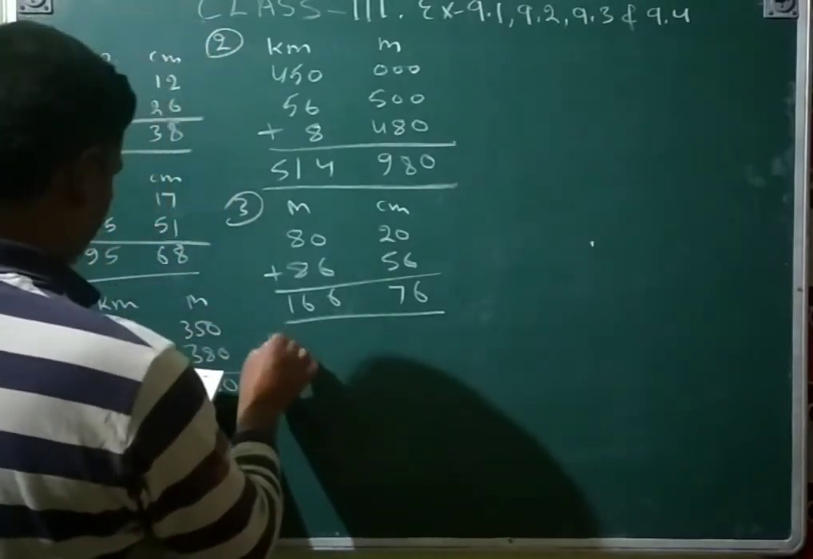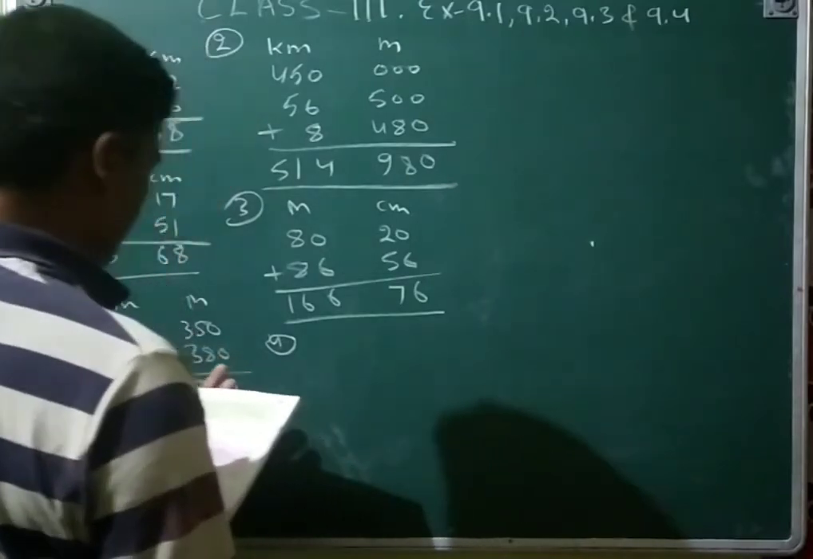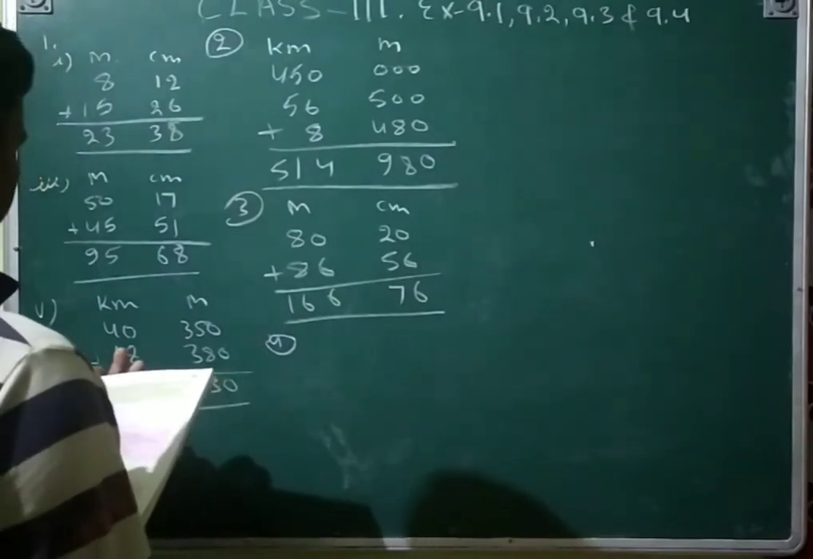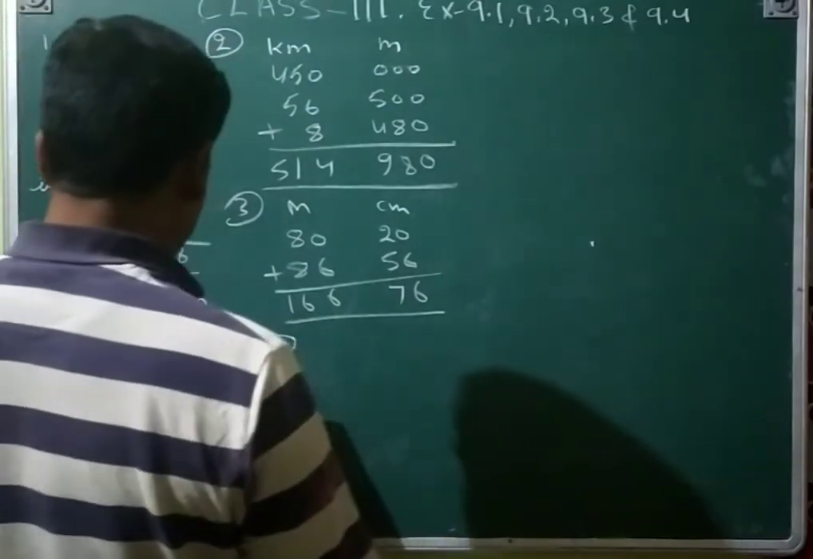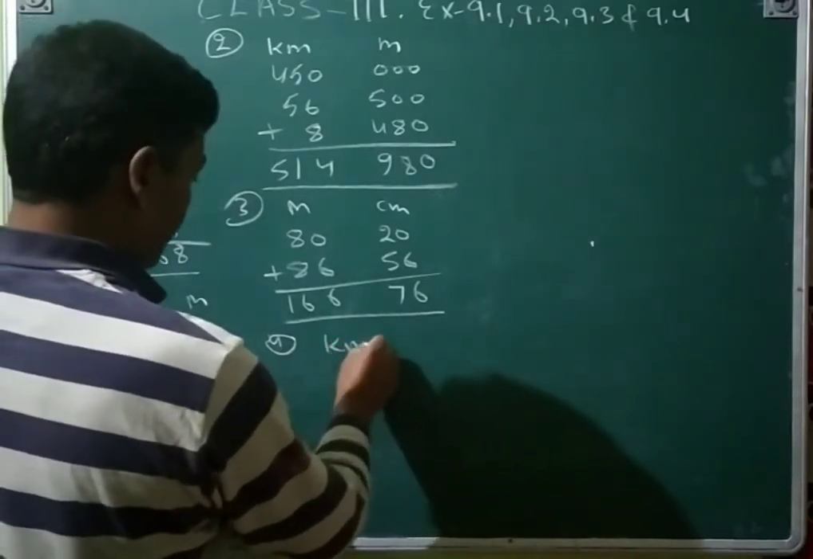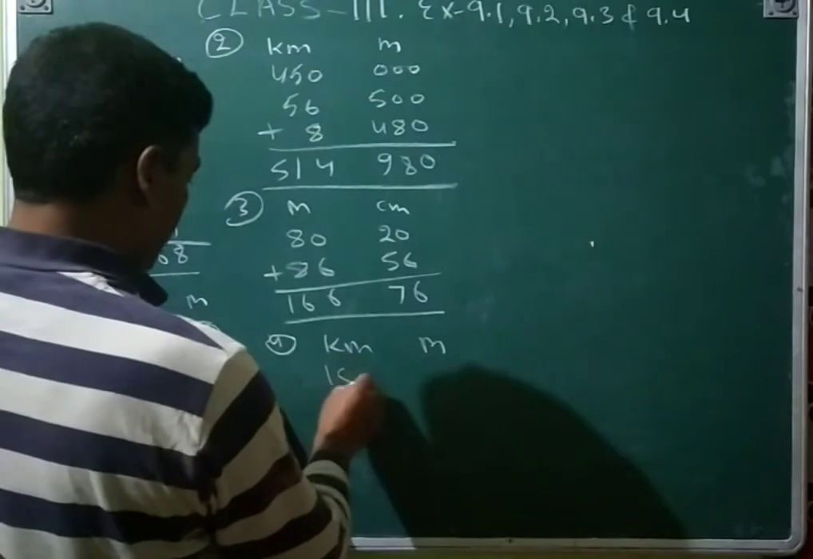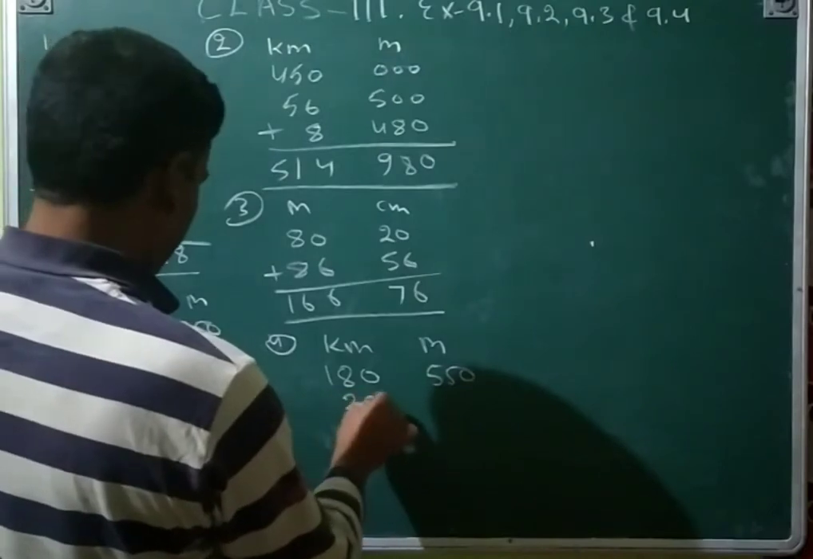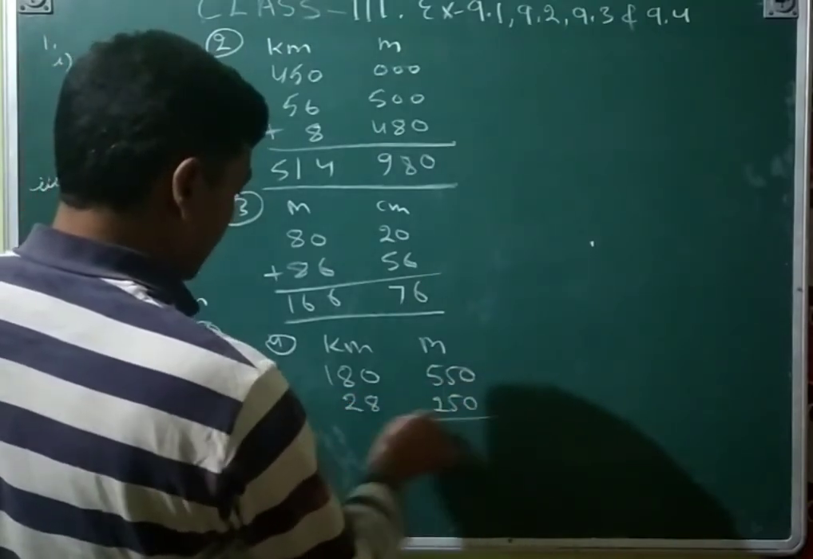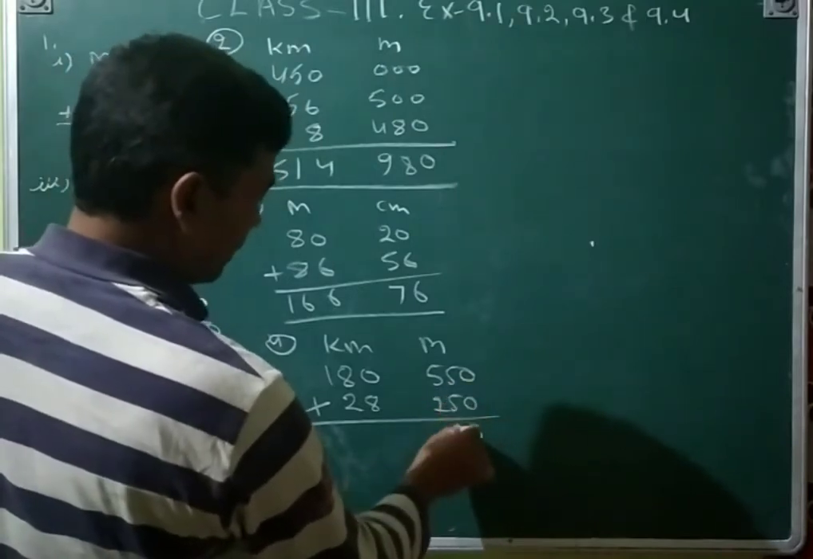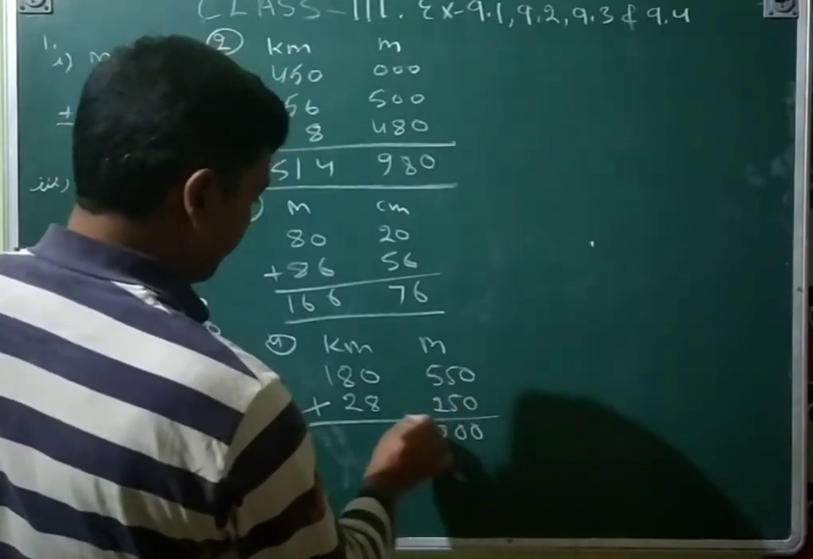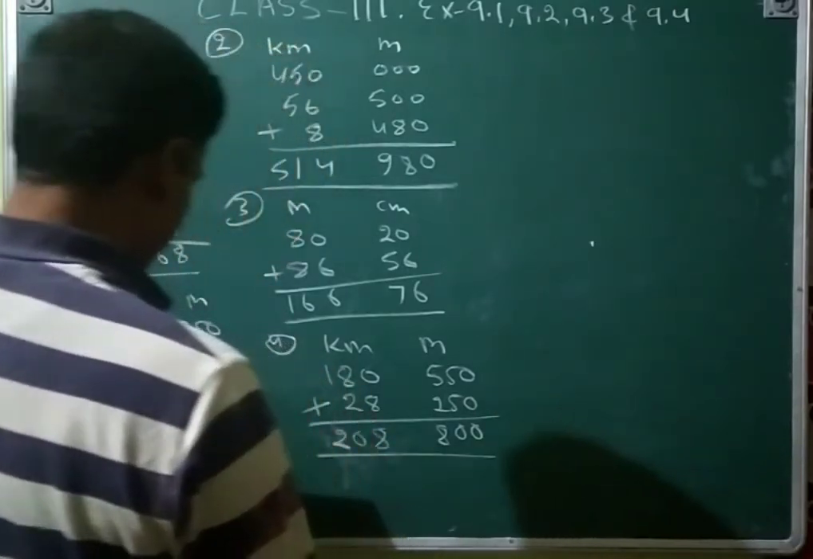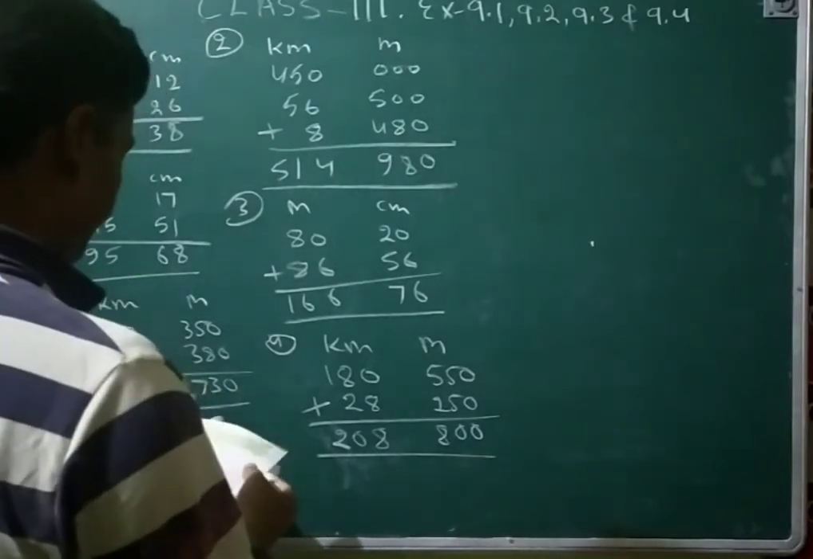centimeter. Fourth question, John covered a distance of 180 km 500 meter by train and then 28 km 250 meter by bus. How much distance did he cover altogether? So that is km, m. So that is 180, 550, then 28, 250, and then add 0, 5, 5, 10, 5 to 7, 1, 8, 8, 10, 2, 208 km, 800 meter and then